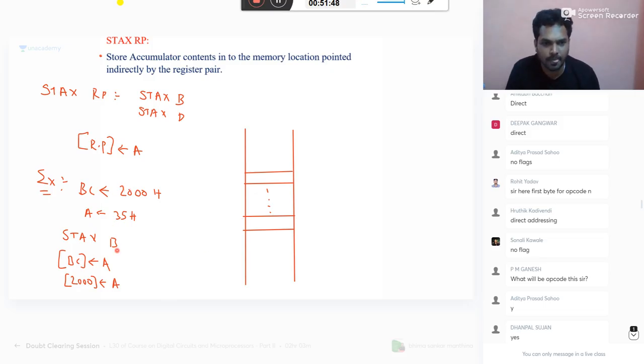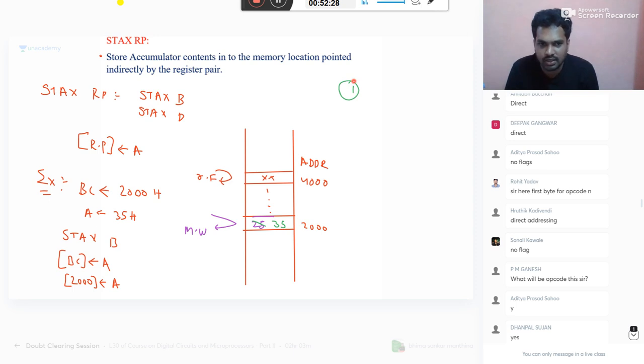Now what happens? Suppose you take this as an address, some 4000. This is your 2000. If I say this, it will read the opcode, and now the accumulator value will be copied here. So if you already have some value like 25 there, the address bus will come here and do a memory write operation. In the memory write, this accumulator value, the accumulator value is 30, is written. So this is a simple thing it will do.